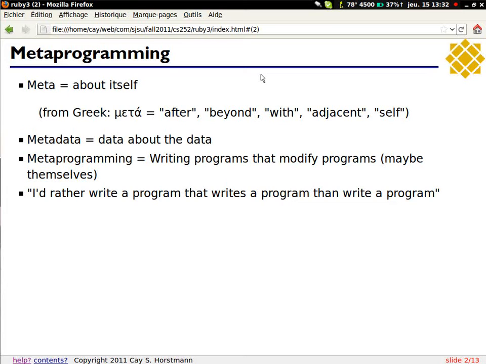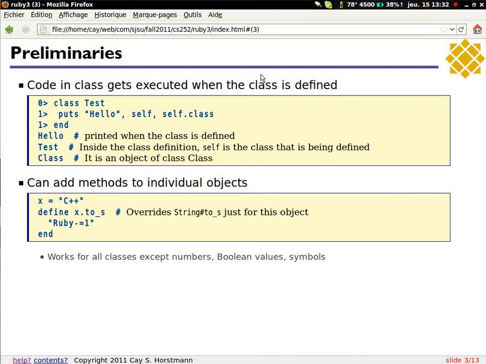It's oftentimes easy to write programs that generate other programs or that modify other programs. And the standard saying is that I'd rather write a program that writes a program than write a program. And so that's obviously how we all feel about this. All right, so we need to get into a few preliminaries of what Ruby does to make some metaprogramming possible. So first of all, unlike other languages such as Java, in Ruby, when you build a class,